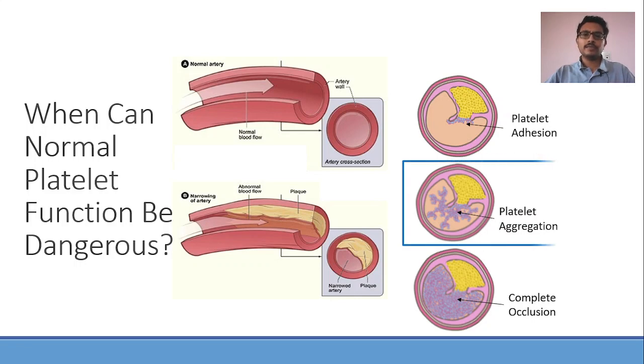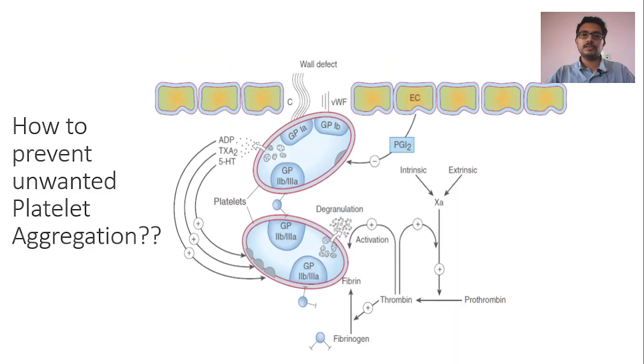Now, let us bring back the same picture. This picture I have taken from Katzung. So, we can see here platelet aggregation. We are not targeting platelet addition, we are targeting platelet aggregation, and there are various targets for this platelet aggregation. First one is the ADP, thromboxane A2, 5-HT, that is serotonin, and the GP2B3A receptor. These are all the 4 legitimate targets for an antiplatelet drug to act to prevent aggregation.